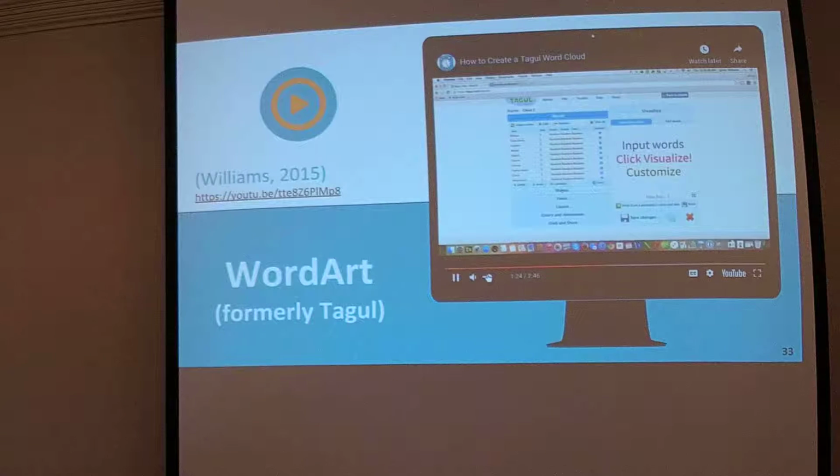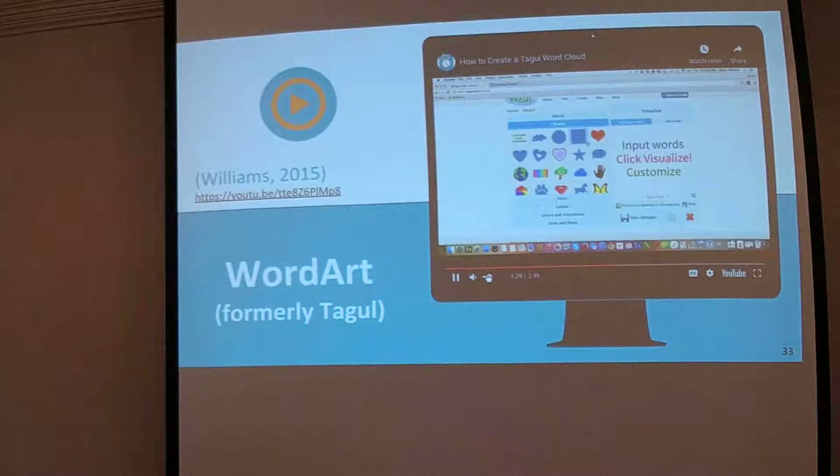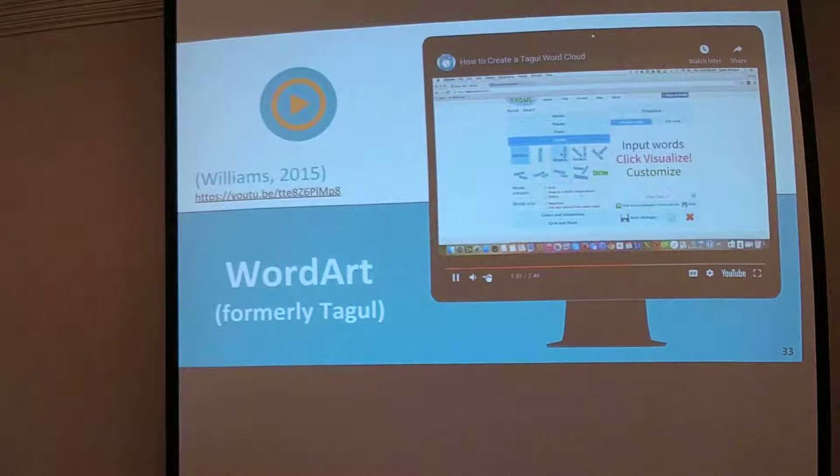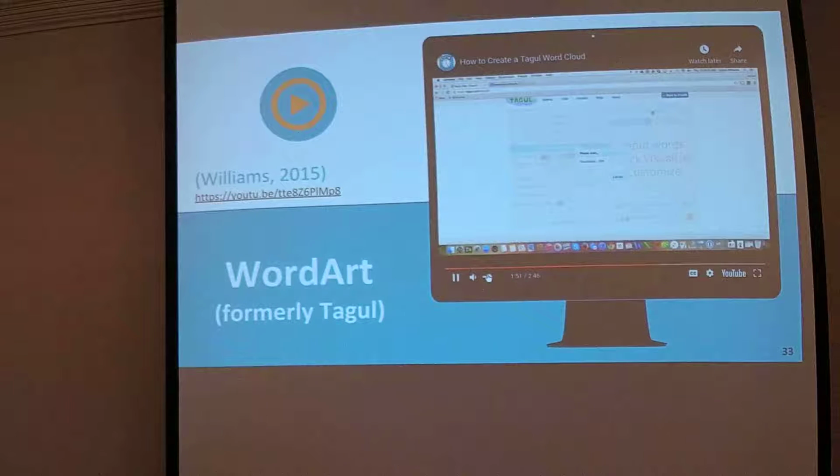So then I will click on shapes, and I'll just pick a square. I will click on fonts, and I'll check this one. I'll click on layout, and I'll choose horizontal and vertical. Colors and animations, I'll just take what they've given me, and then I'm going to click on visualize,